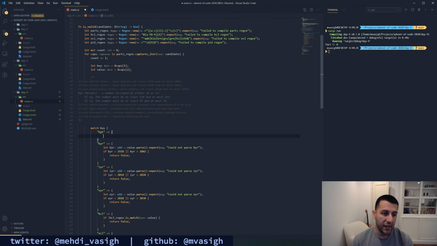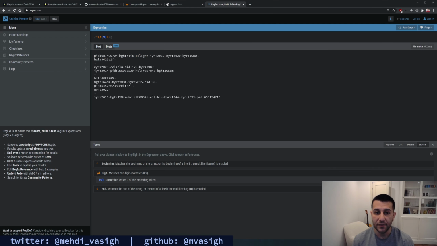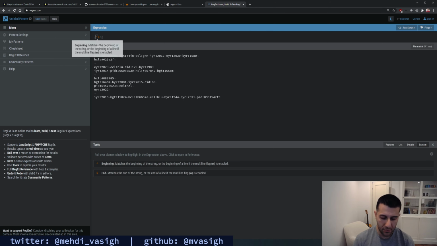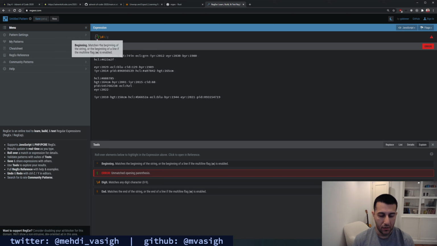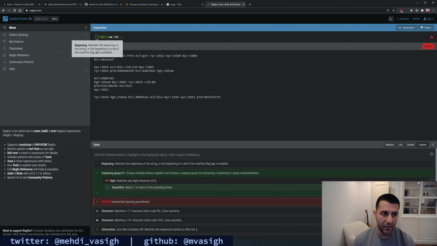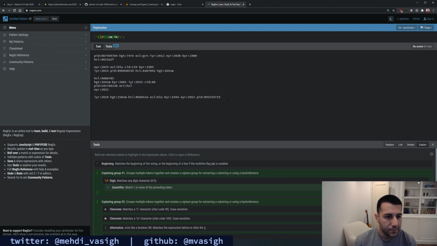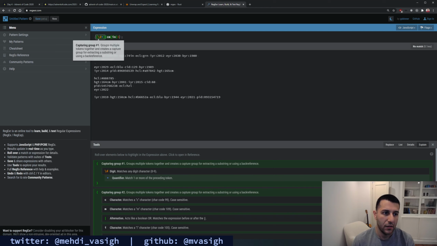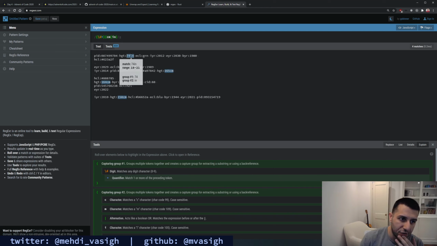So we definitely need a regular expression for this as well. So let's go ahead and do that. It's going to be a number followed by either CM or IN. So I'm going to go over here and say it's going to be a number in a capture group, plus, followed by CM or IN. And it's not the beginning or end like this. So this is going to match these, right?